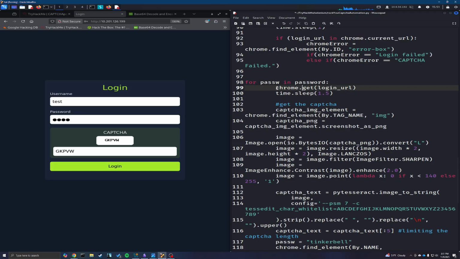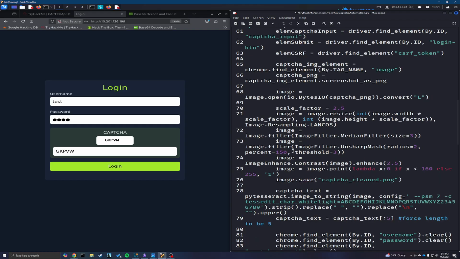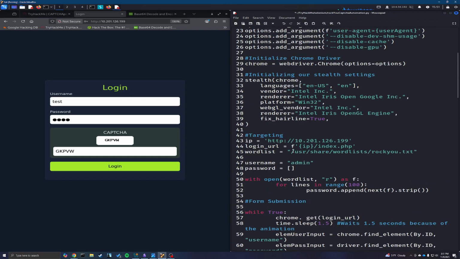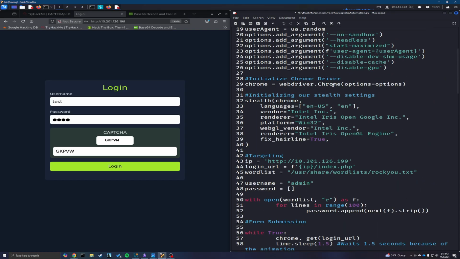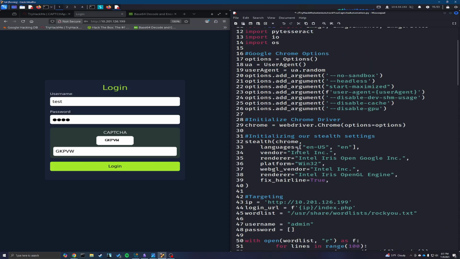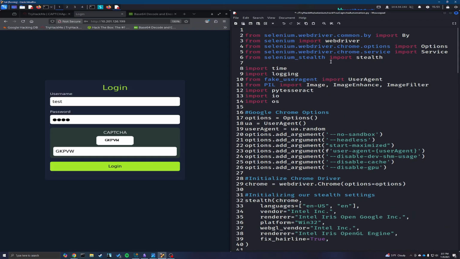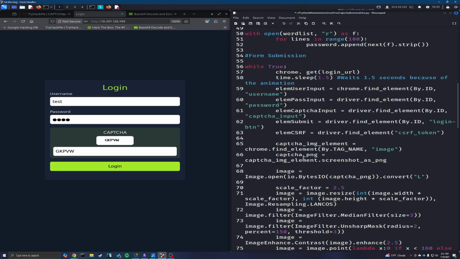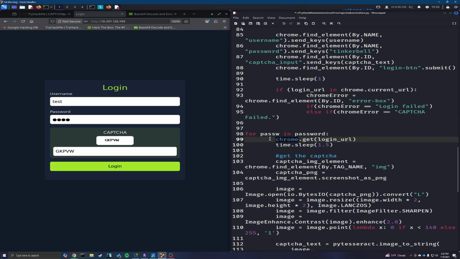So I am initially using chrome.get to get the login.url. Let me just show you what Chrome is. The Chrome object is webdriver.chrome. So that is our main manipulator from Selenium, allowing us to automate the browser. So we're getting the login URL, which is